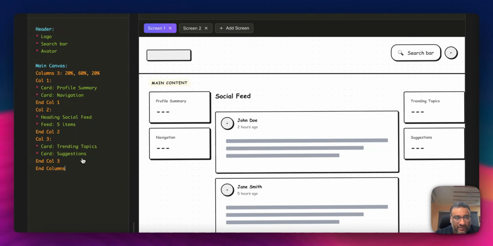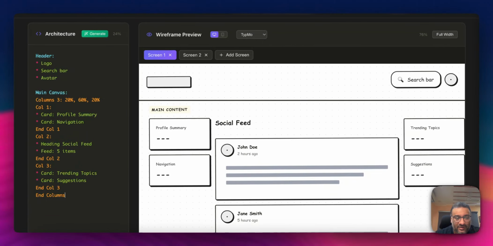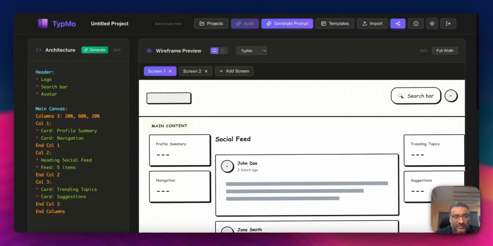And obviously the whole idea of Typemo is that you should be able to quickly go to the architecture panel and edit all of it out, right? So this is the way that you can also generate simple information architecture wireframes, or IA wireframes, through the generate mode. Now what I've done is that this was a very simple example, but I've gone ahead and